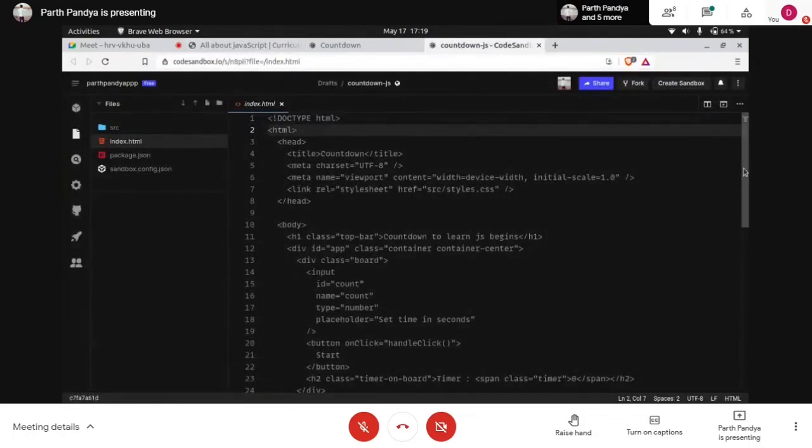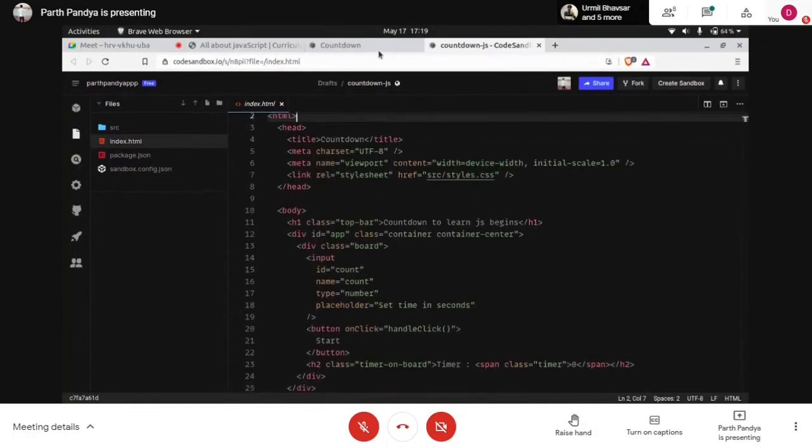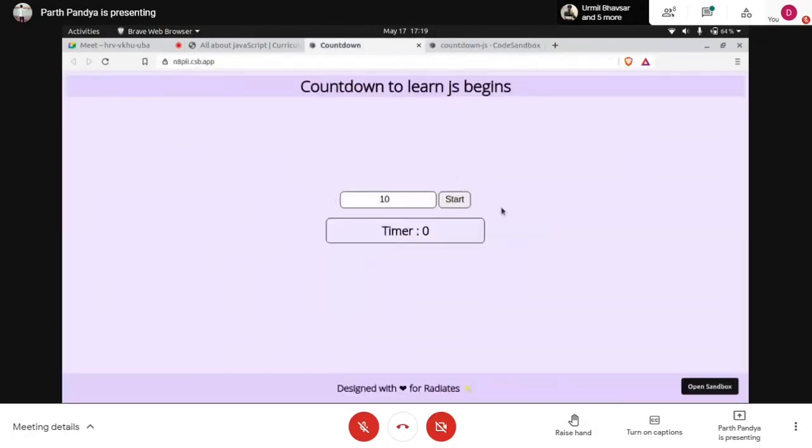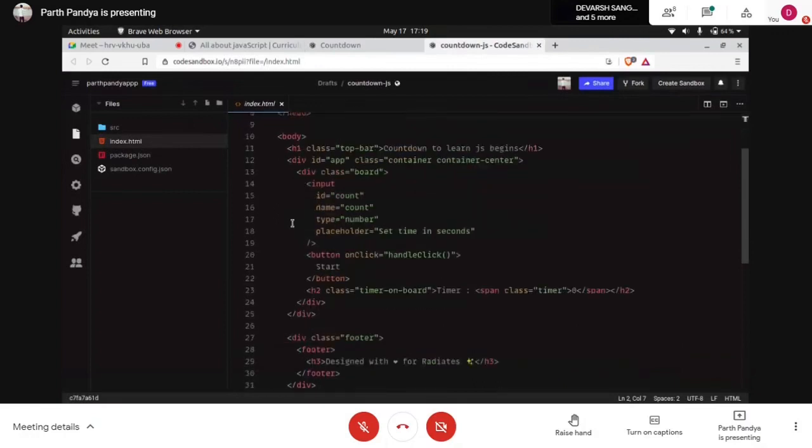A short walkthrough of this HTML file, what we have used. This page says that we have used an HTML element, we have used a button, and obviously division, headings and all. So here is how we define an input in HTML. This is an input tag and it is self-closing. We don't need to close it. A basic HTML anatomy follows what? Opening tag, a closing tag, and in between the content. But in input, we don't have any enclosing content.